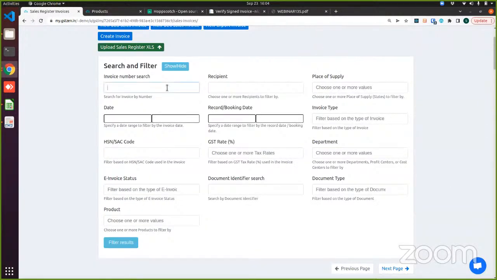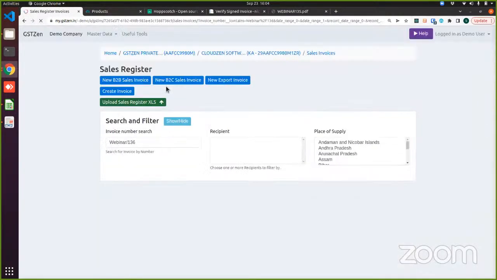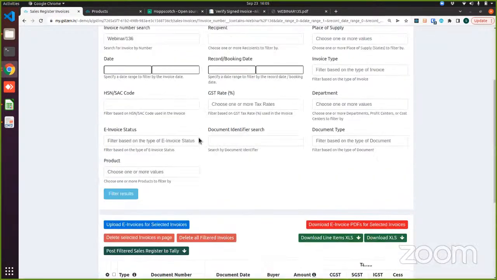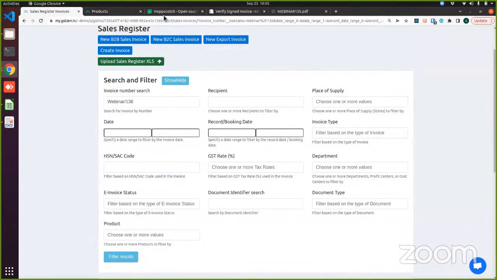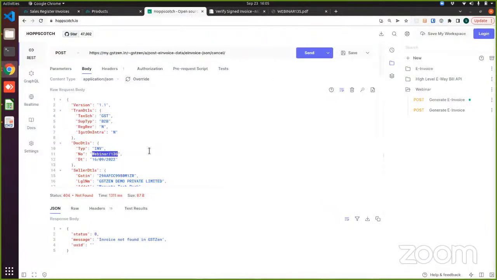So now I will be searching for the invoice that I generated through API, and the invoice is not yet here. One second. Invoice not found. That is because I have posted it to the wrong endpoint. So this is an example of how our API handles error requests. So what we tried doing there was